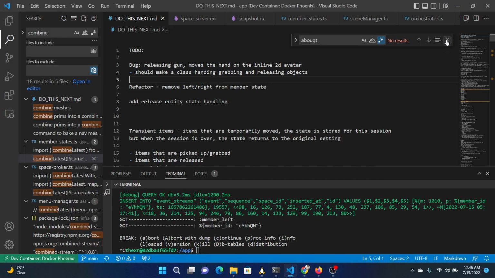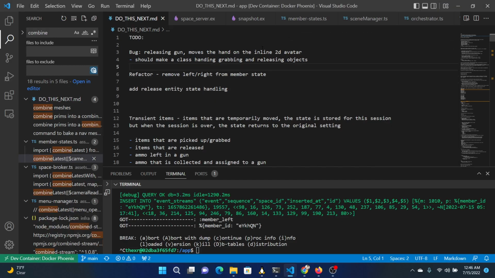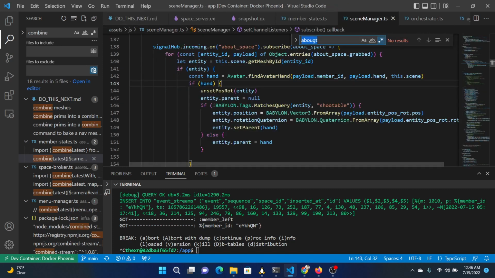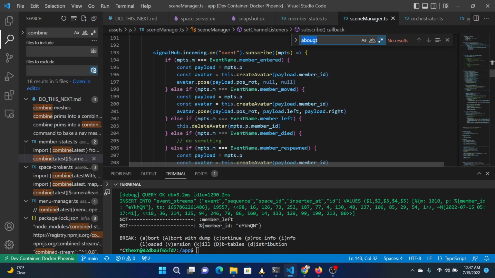Let's see if we can fix this bug where releasing a gun in the inline 2D makes the hand move. Let's review the code for receiving a released gun message. That happens in Scene Manager, where we're processing events around here, I think. And if we get the message of